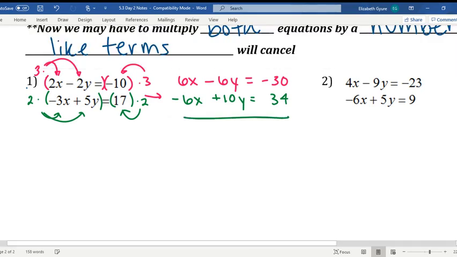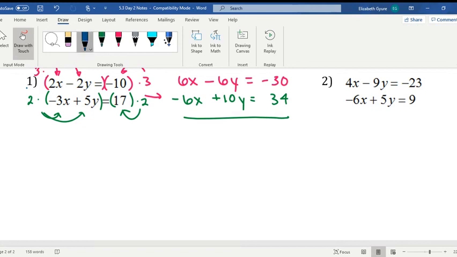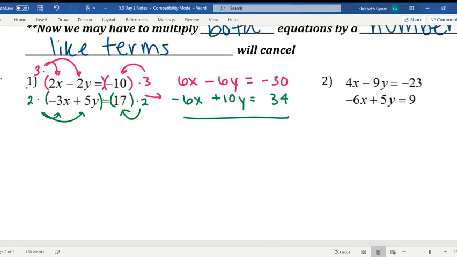So let's combine here. We have a 6x minus 6x. What's going to happen if you have 6x and you take away 6x? Very good, it cancels. And then here we have negative 6y plus 10y. What's negative 6y plus 10y? 4y